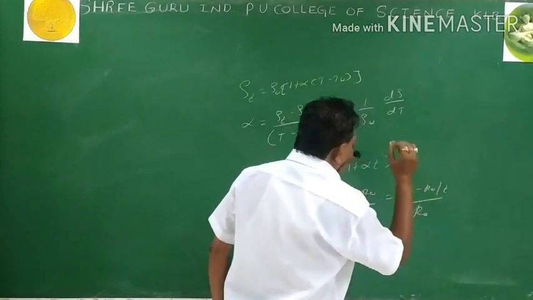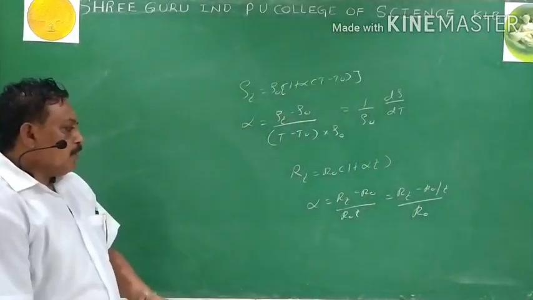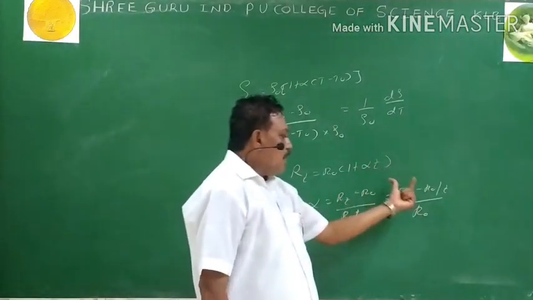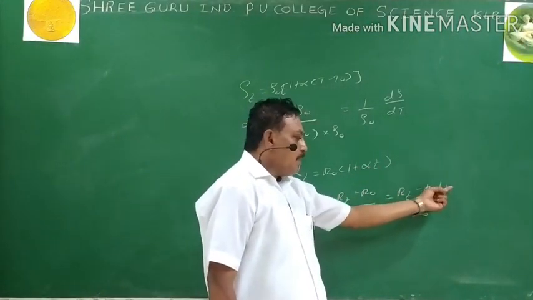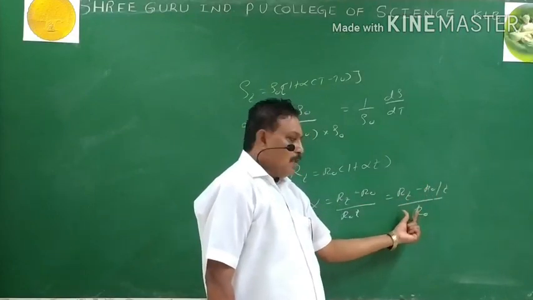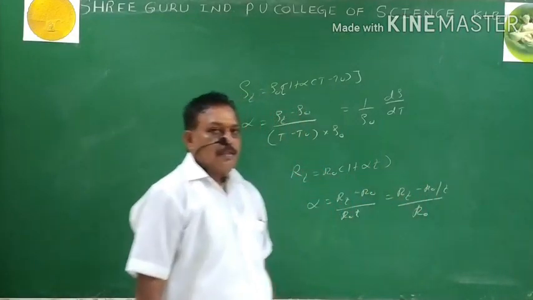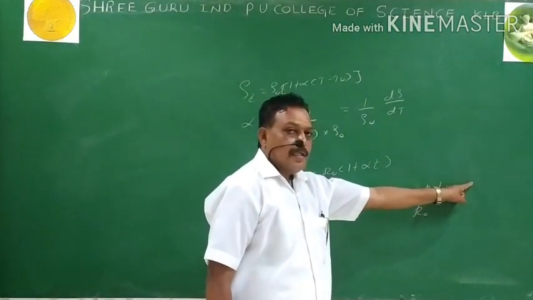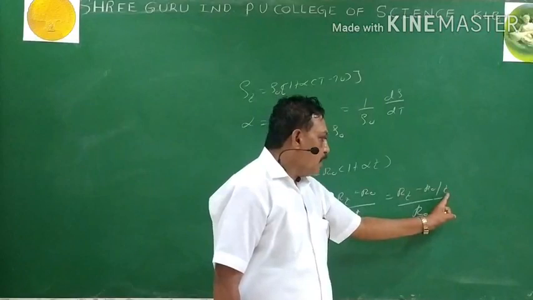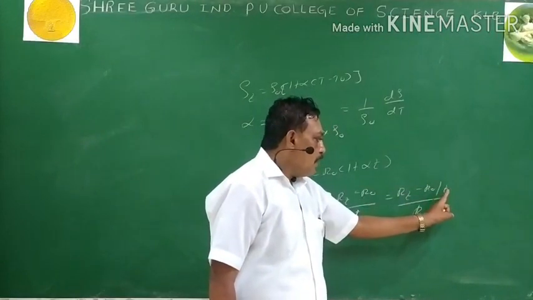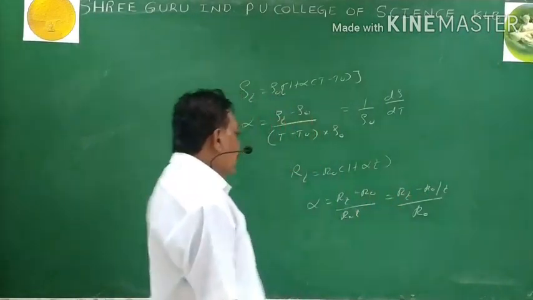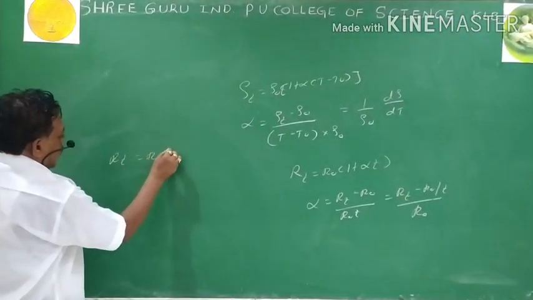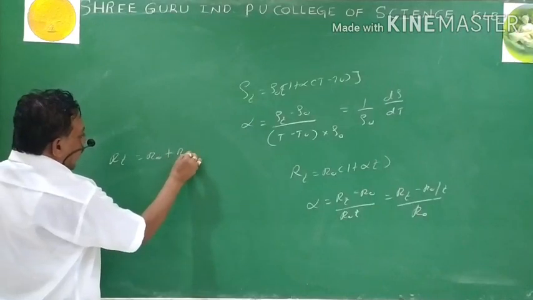Now this is our equation. The temperature coefficient of resistance of a given material is defined as the increase in resistance per degree rise in temperature to the resistance at 0 degrees centigrade. Its SI unit is per Kelvin, that is, per degree centigrade or per Kelvin. If we take the temperature in Kelvin, it is per Kelvin, or in degree centigrade, per degree centigrade. By using this original equation, RT equals R naught plus R naught alpha T.